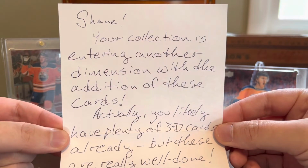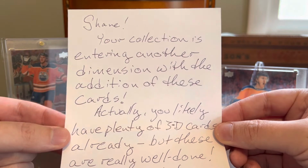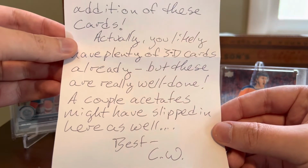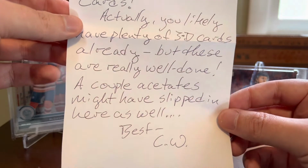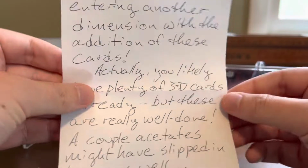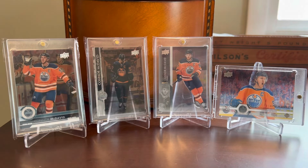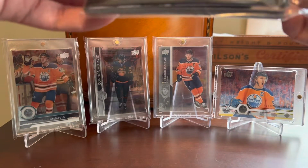So Shane, your collection is entering another dimension with the addition of these cards. Actually, you likely have plenty of 3D cards already, but these are really well done. A couple of acetates may have slipped in here as well. Best, CW. And I did not know that. I did not read this note prior to the video, so it's pretty amazing that I pulled out these McDavid acetates for today. So we've got this little team set bag here of what look like 3D Star Wars cards,